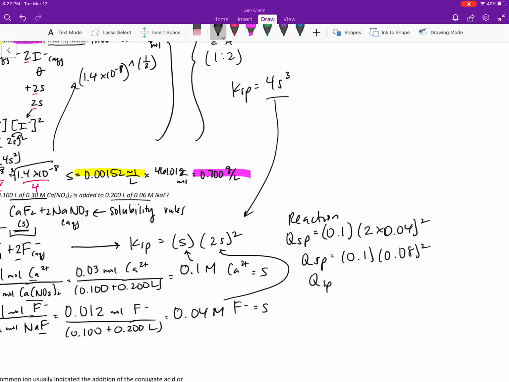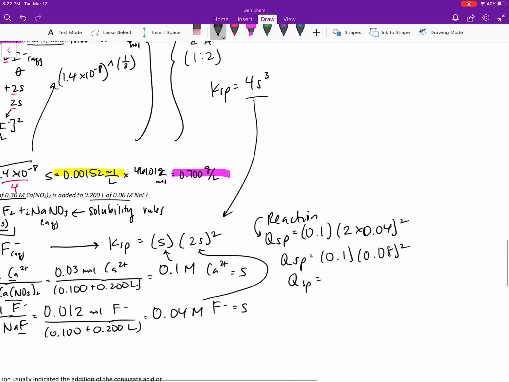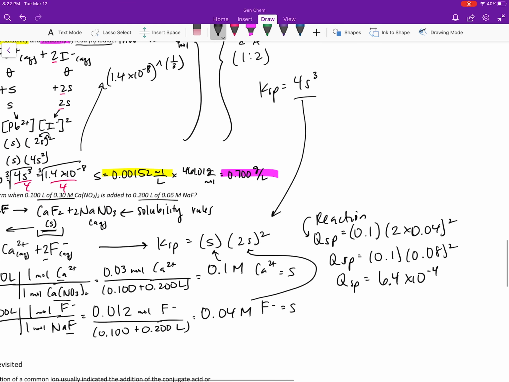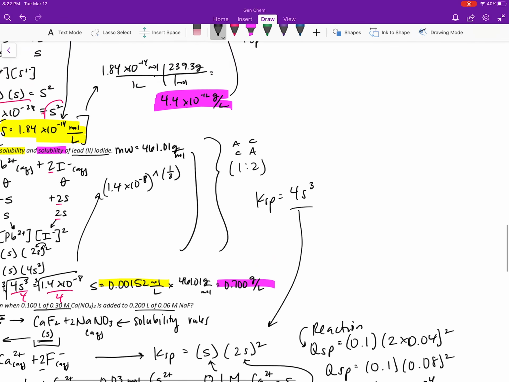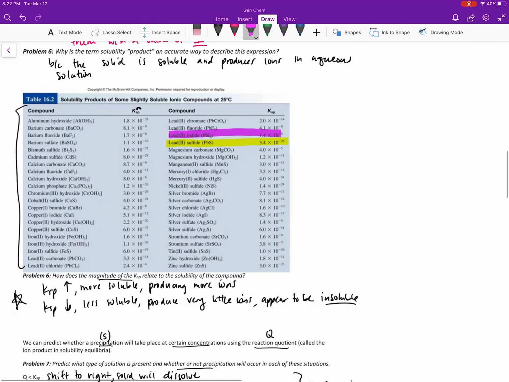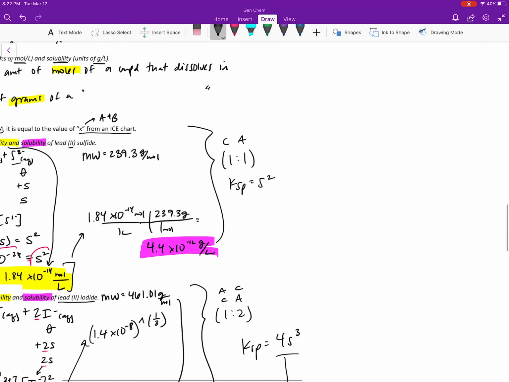QSP is the reaction quotient. So we don't think we're at equilibrium right here. This is non-equilibrium conditions, because I need to compare it to K. So QSP I get is 6.4 times 10 to the negative fourth. And now I need to go back up and get my K value for, what am I looking at? Calcium fluoride, which is 4.0 times 10 to the negative 11th,